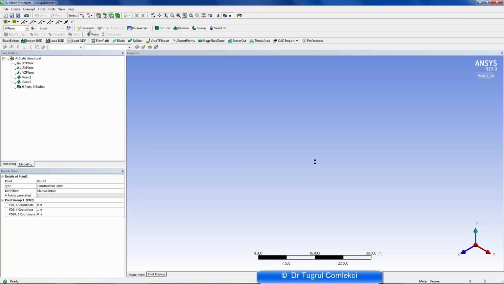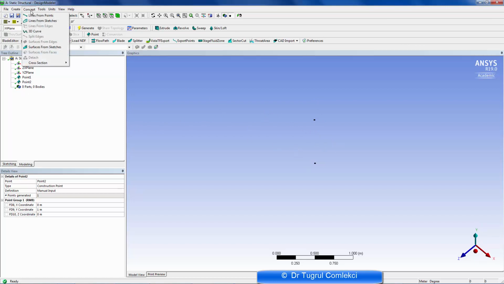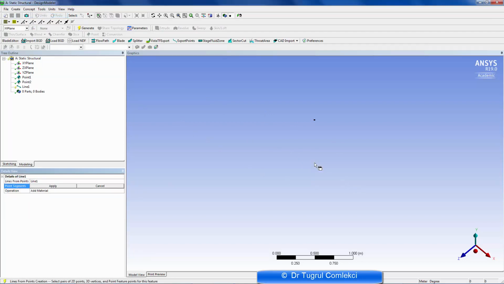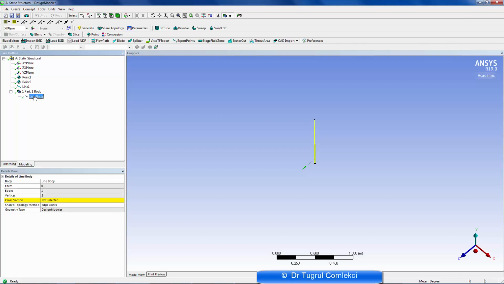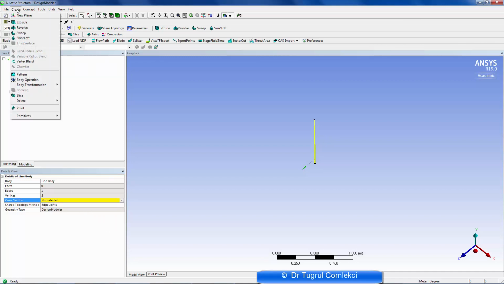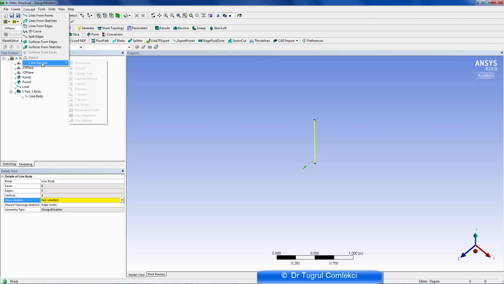So generate that. So we have two key points here, or 2 points in Workbench terminology, and we'll need to define a line body between these points. So we can create a concept line from points, and we can pick these 2 points and press Ctrl for the second one, and then apply, and that will add material to create a line body, and generate that as well. So now we got a line body, and we haven't got a cross section selected yet, so we need to define that cross section as well, and that will be done under concept cross section, and